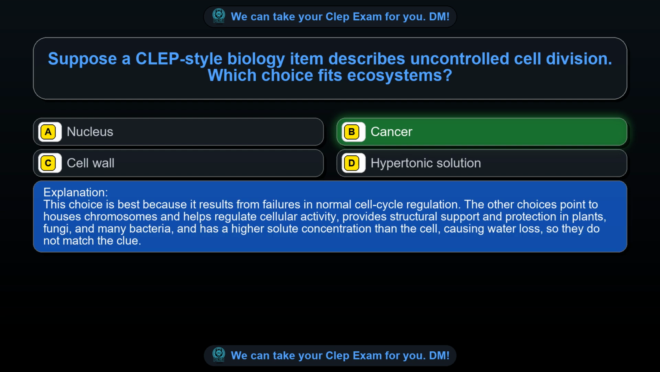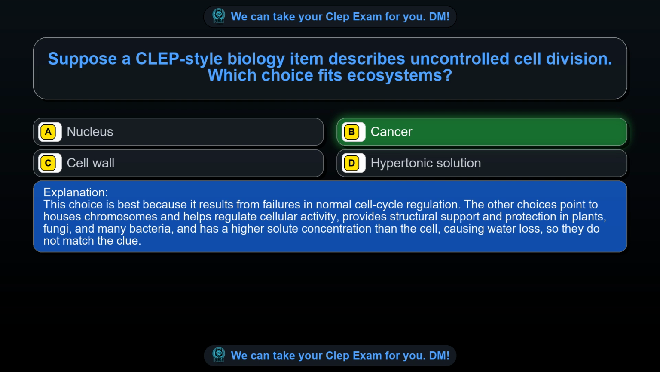This choice is best because it results from failures in normal cell cycle regulation. The other choices point to houses chromosomes and helps regulate cellular activity, provides structural support and protection in plants, fungi, and many bacteria, and has a higher solute concentration than the cell, causing water loss, so they do not match